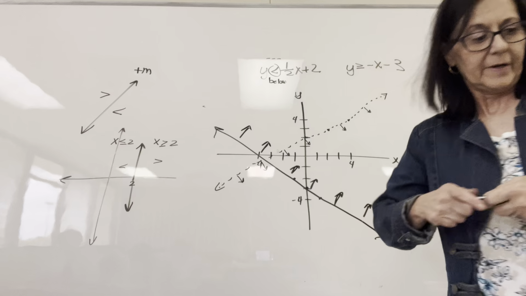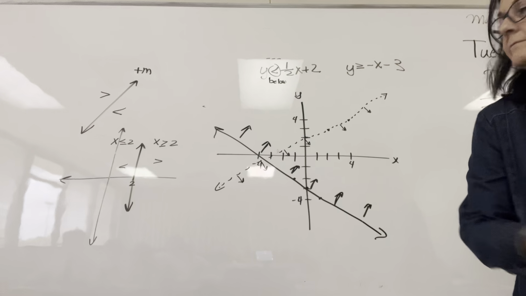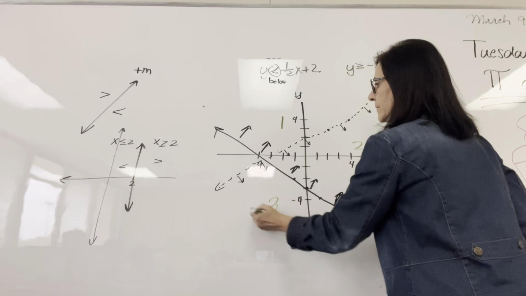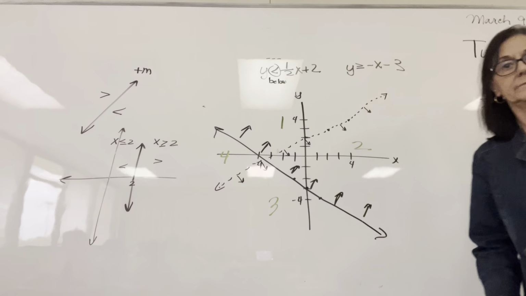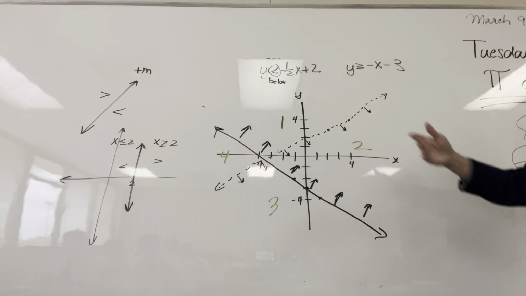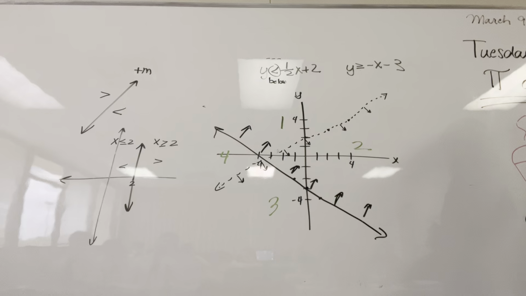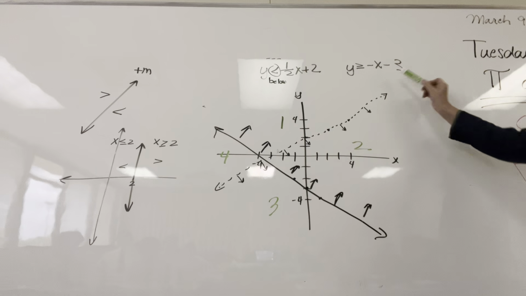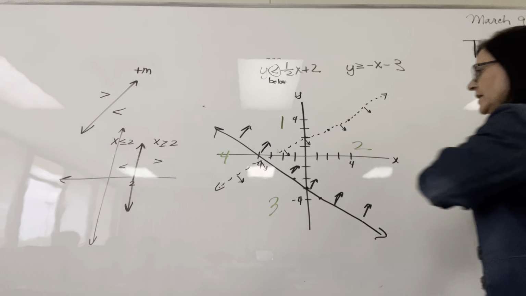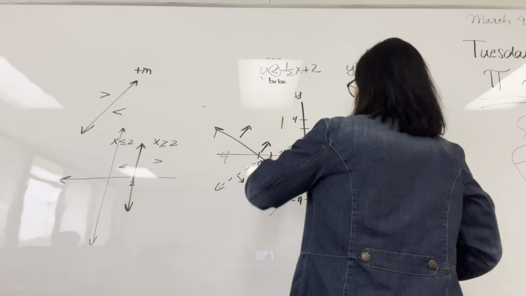All right, now let's number the regions and talk about them. We'll call this region 1, region 2, region 3, region 4. You see the 4 different regions? Region 1, what does it satisfy? Only the second equation, not the first one. Do you see that? Region 2, which one does it satisfy? Both of them. So that's the region I'm going to